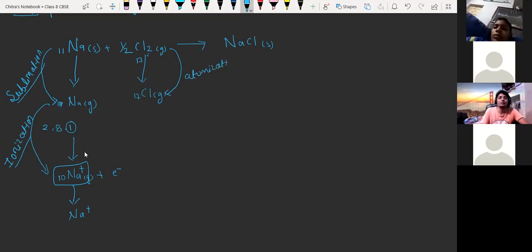Sir, why will molecules convert into atoms? Because in the molecule state they are not going to react. It is a stable form, and it is not going to react in that state. So it has to be converted into the atomic form. N2 nitrogen will become N. Before going to react, it will convert into N and then it is going to react with other atoms.